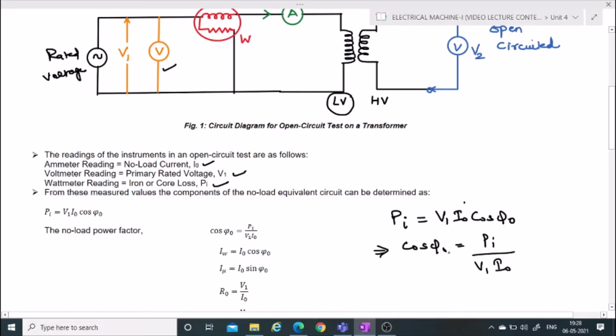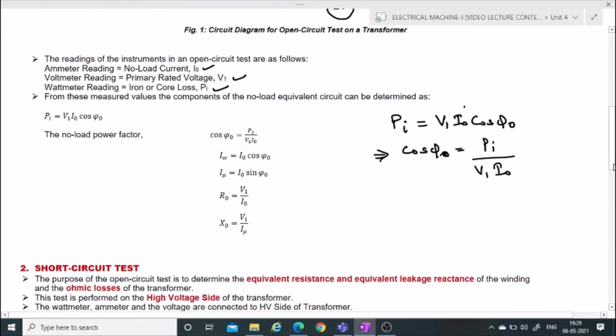This cos phi naught is the no load power factor of the transformer. From cos phi naught we can easily calculate the value of IW, that is I naught cos phi naught,